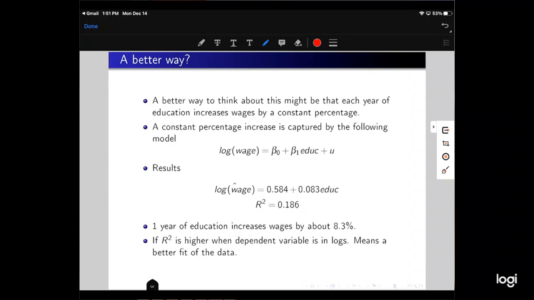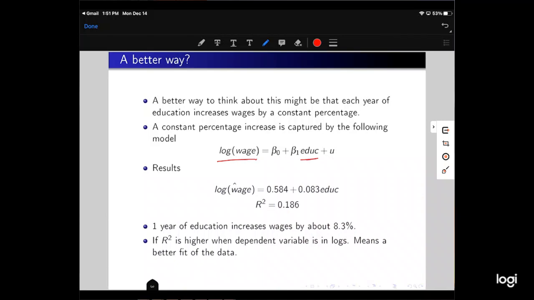Can we do better? Maybe a better way to think about this is that each year of education increases wages by some constant percentage rather than a constant amount. A constant percentage increase is captured by the following model, where we go log wage as a function of education. This results in, if we ran this regression, we would have, okay, let me take one step back because this